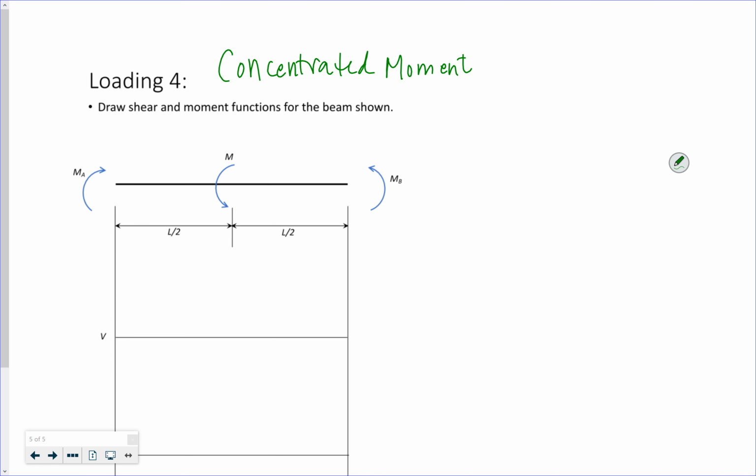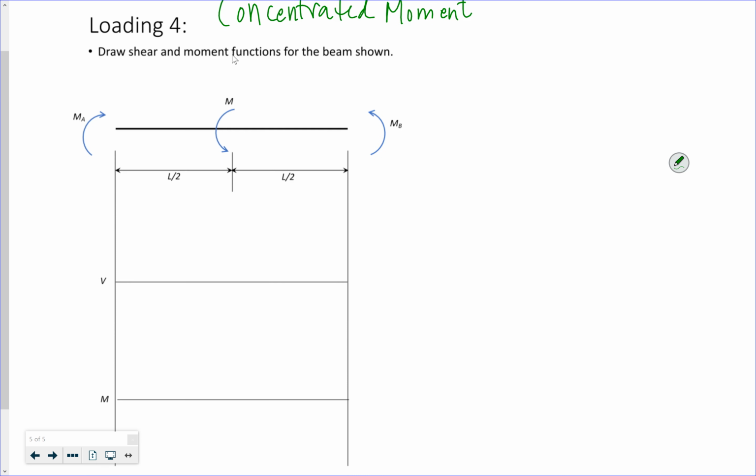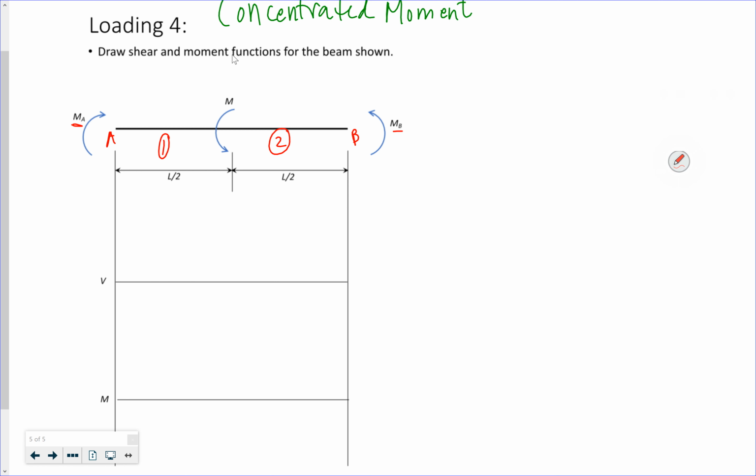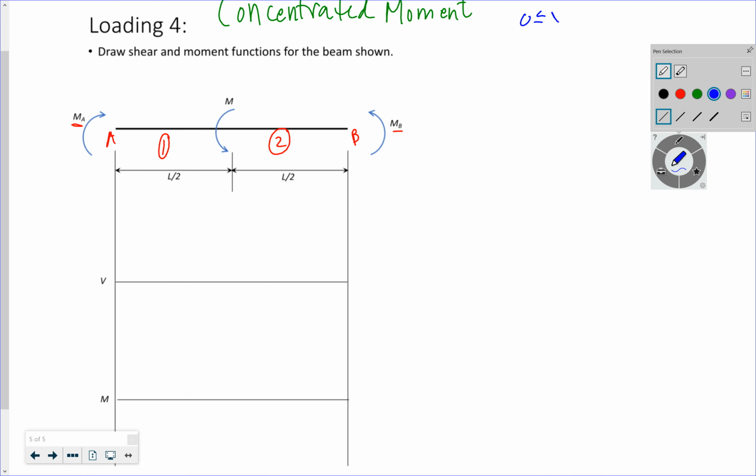Since I have that concentrated moment, I'm going to have some type of discontinuity. So I'm going to break it up into 2 different sections. I have some moment happening at this side A and some moment happening at this side B, and then a concentrated moment in the middle. So for 0 to L over 2,